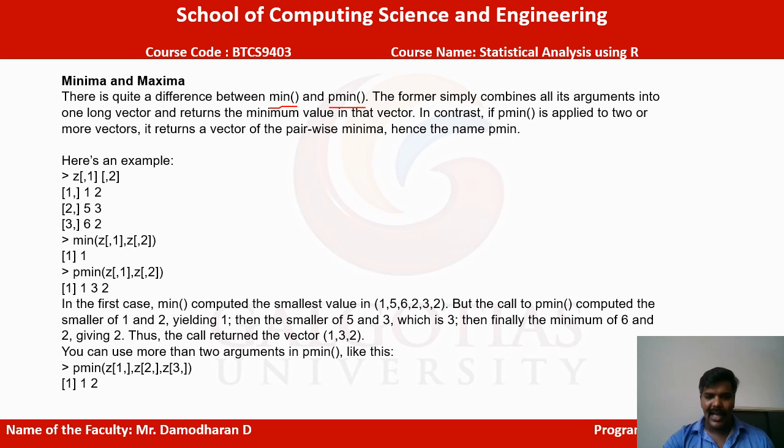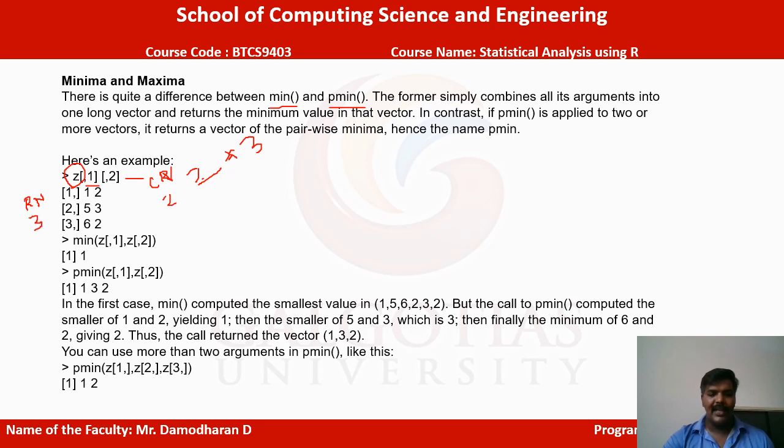First, in this example there is a 2 cross 3 array. We load the values, and the loaded values are stored in z. In this z, 1 cross 2, 1 2 3, this is for the row name, and this is for the column name. So this has 2 columns and 3 rows.